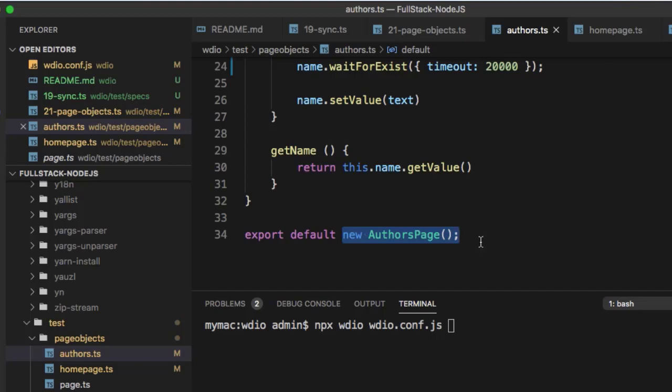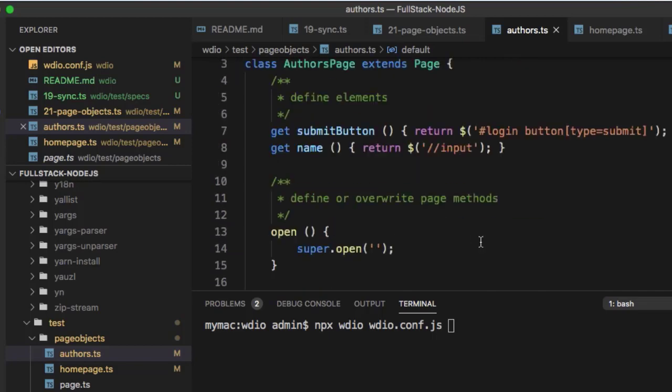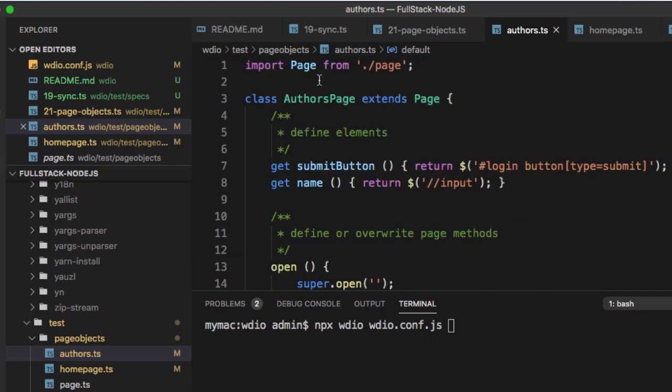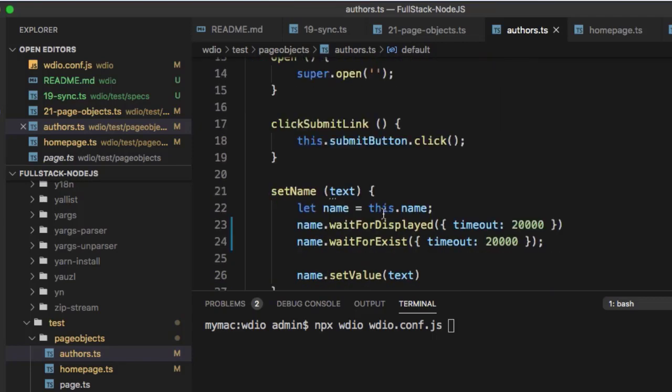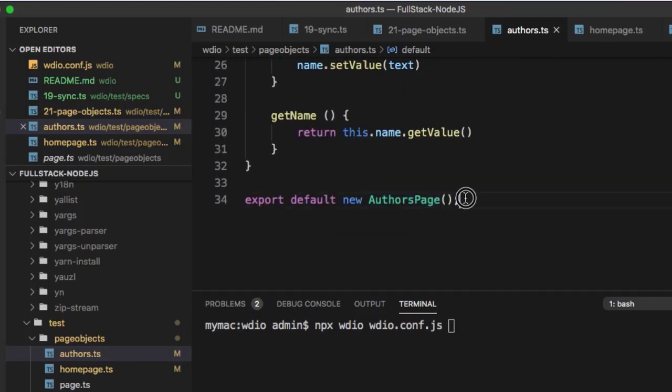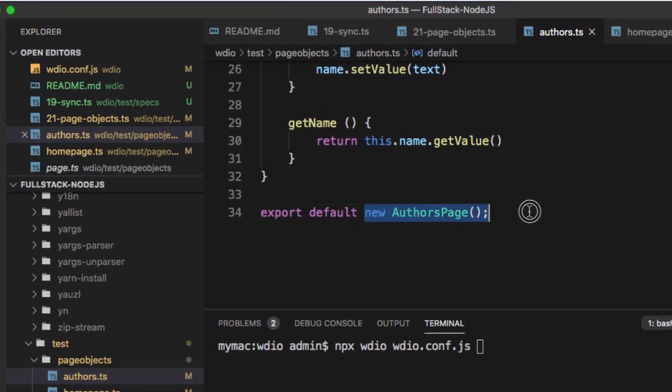If you are not comfortable with this export default and import syntax, I would recommend that you learn those ES6 syntax, like how to import and export modules and how to write the classes, or what is the syntax to create the classes in modern JavaScript. So basically what we are doing here is returning that authors page object. Now this is just the page object models. To actually use that,